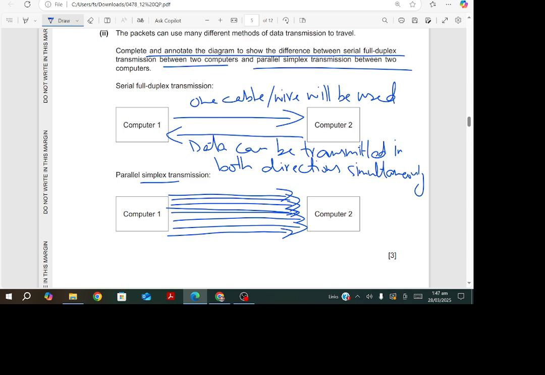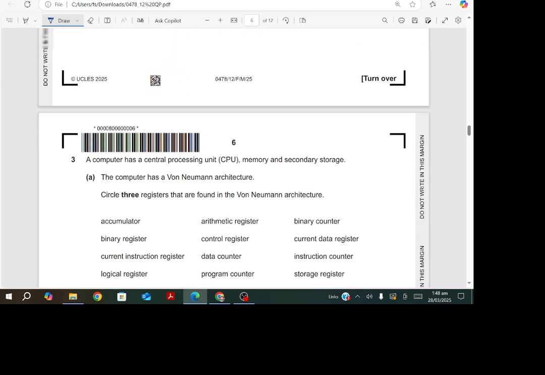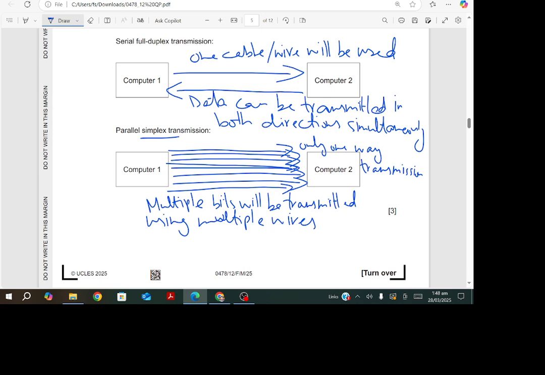And I can write the description for the parallel. Multiple bits will be transmitted using multiple wires and we can also write only one-way transmission. Easiest thing on earth. Okay, okay,